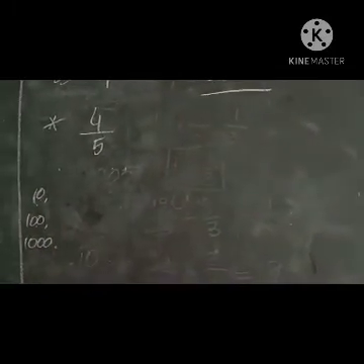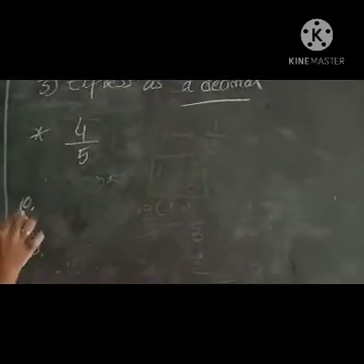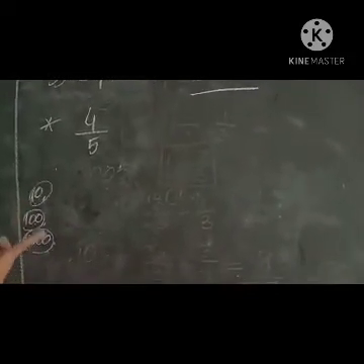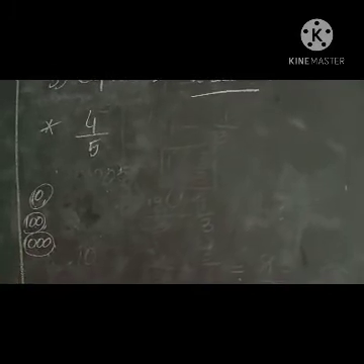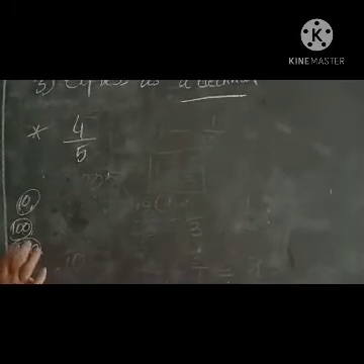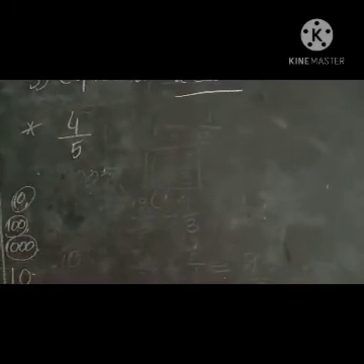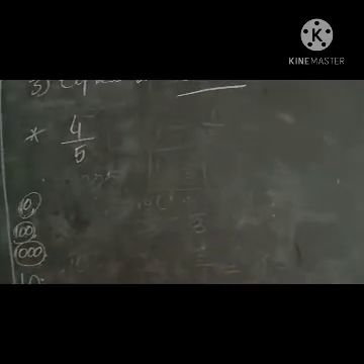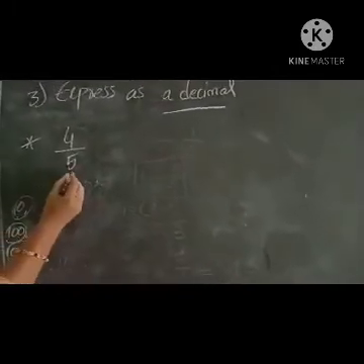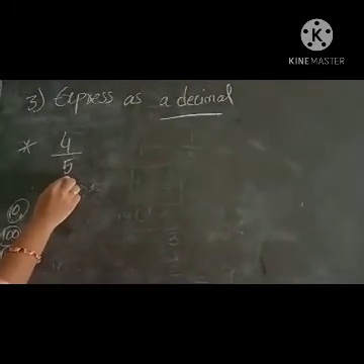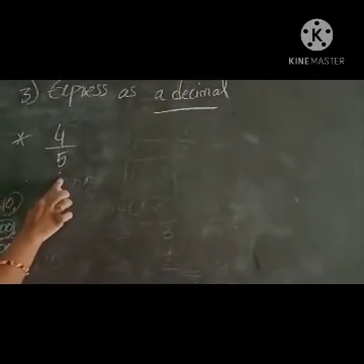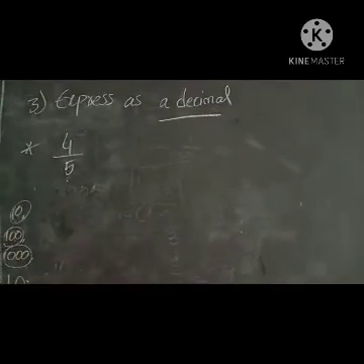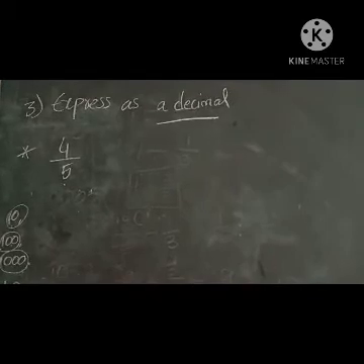Since 5 is there, we have to multiply it by some number so that these numbers come. What should the denominator be? 10, 100, 1000, lakhs, 10 lakhs, whatever it may be, but the number should start with 1 and end with 0 only. So here the number is 5. Now what do we have to do here? We have to multiply the number. Here we make the denominator 10.